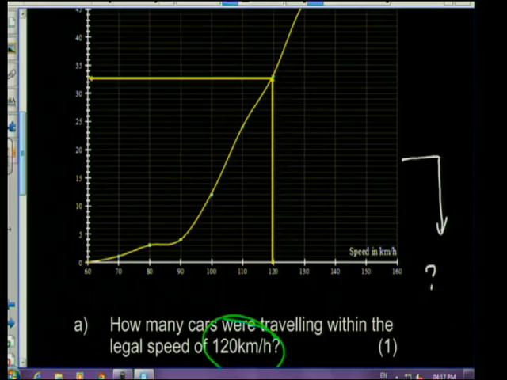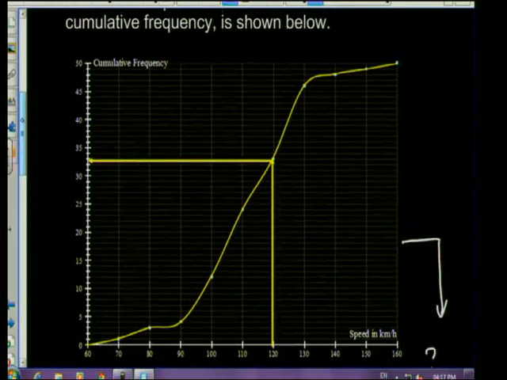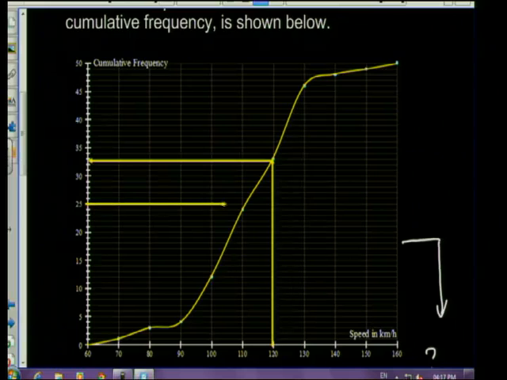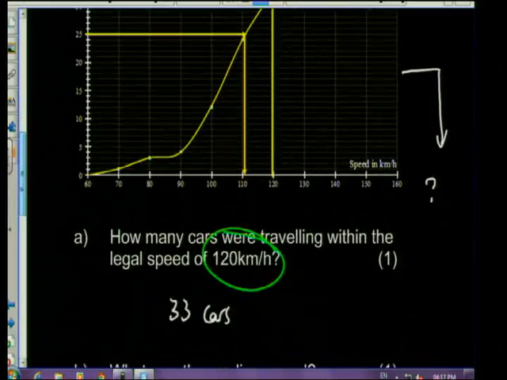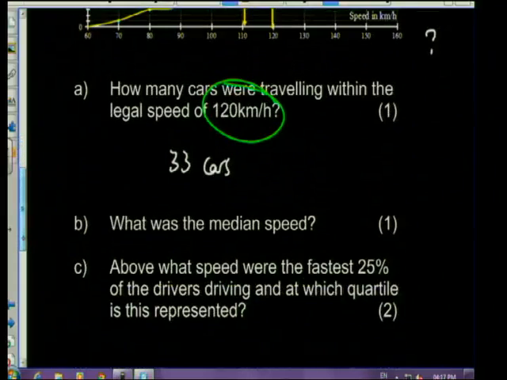Let me just see, was it 55? No, it's 50 cars, my apologies. So if I've got 50 cars, I'm roughly reading off where the 25th car would be. So I go to 25 cars, I go across, I read down. It's just after 110, so I would say roughly the median car is 111, and I'd be happy with that answer. 111, remember your units, 111 kilometers